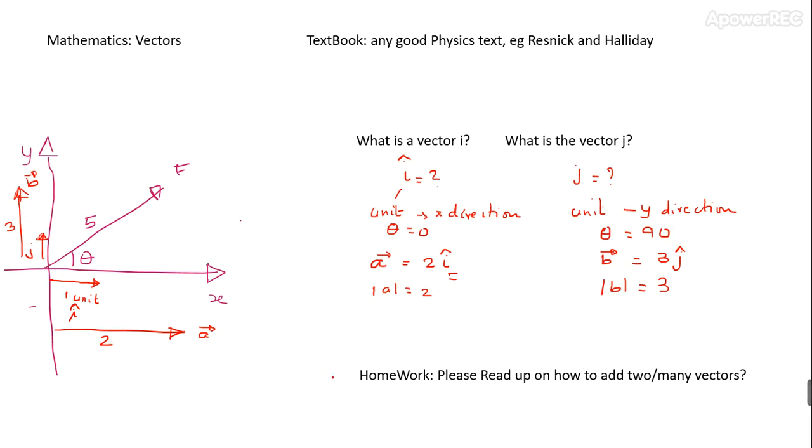At this stage I want to go ahead and talk about something called resolution of a vector. So suppose I'm given a vector F whose length is 5 and whose theta is known, then F can be represented in a particular way, just like A is represented as 2I and B is represented as 3J. Now we can represent